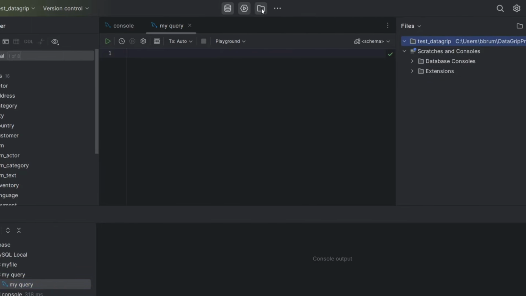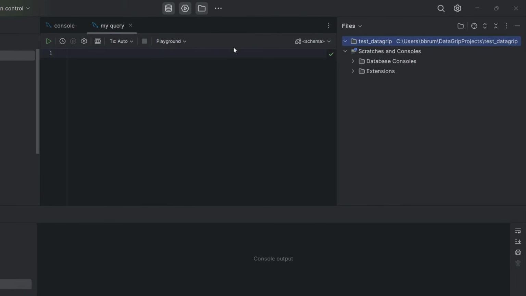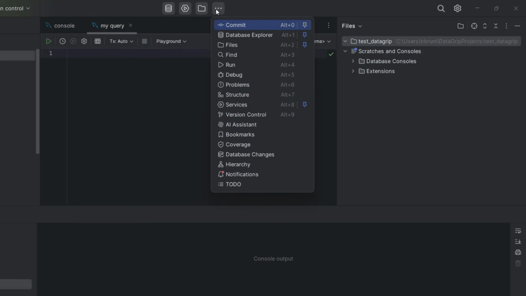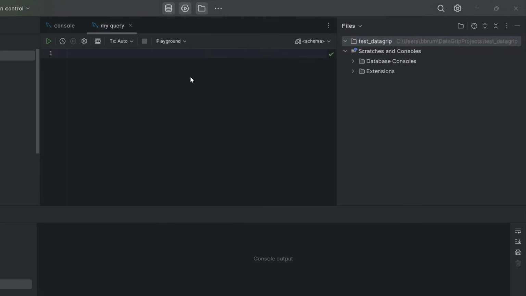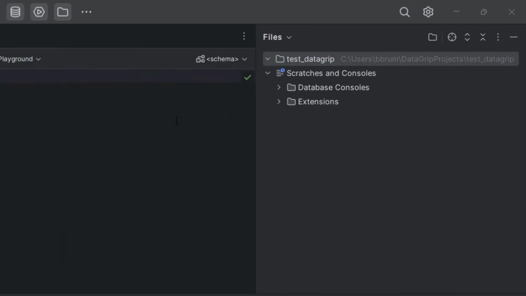You can click this and a panel of your project files is shown on the right. There are many more windows available, which you can see if you click on the 3 dots here. In the Files list, we can see our project here that we created earlier. Within the Consoles list, we can see a list of the different console tabs we have opened.